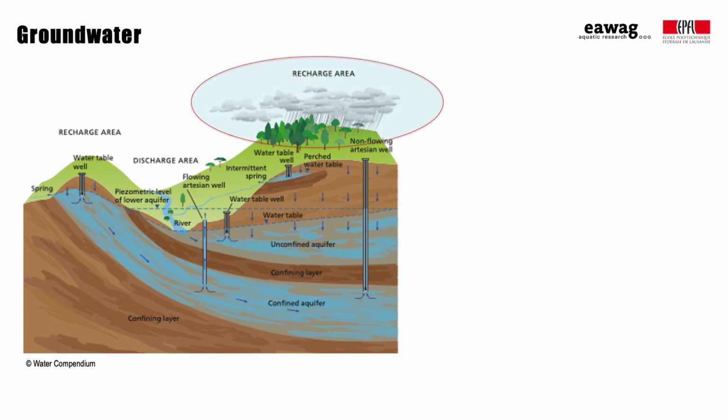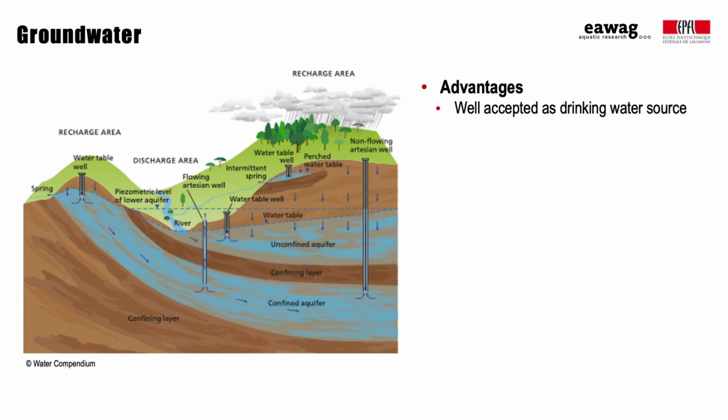Groundwater is fed by rainwater and also from surface waters like rivers, streams, lakes, or wetlands which infiltrate into the ground. Groundwater is stored in subsurface layers, also called aquifers, which are cracks and voids in soil, sand, and rocks. Groundwater is usually well accepted as a drinking water source, and it can be considered less vulnerable to contamination than surface waters. When water infiltrates into the soil and travels through the subsurface, it is naturally filtered, which may result in removal of microbial contaminants.